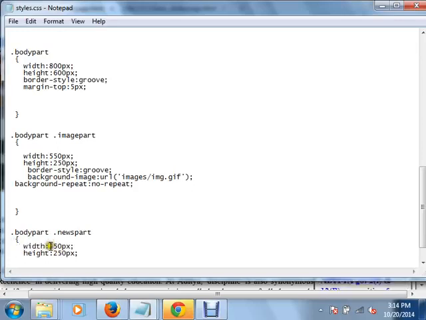So width is, I'm using some 220, and for height I am using the complete height of the body part, that is 600 pixels. So I want to use some 580 pixels for this, and I am using a border.